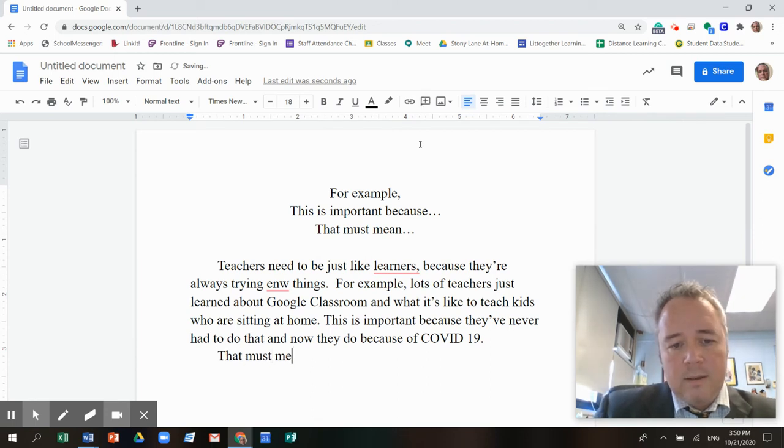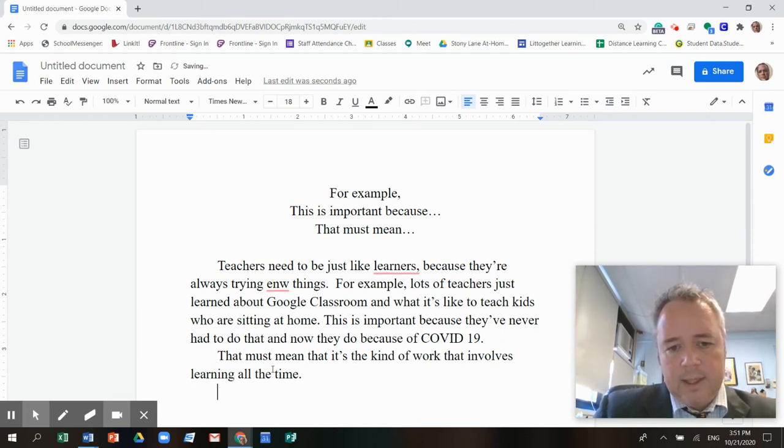That must mean that it's the kind of work that involves learning all the time. Okay, let's keep going. Teachers need to be just like learners because